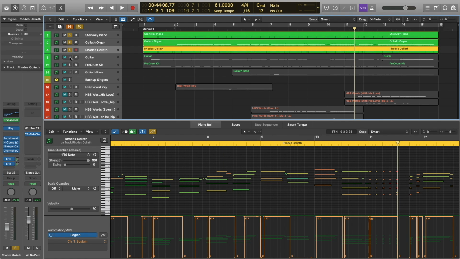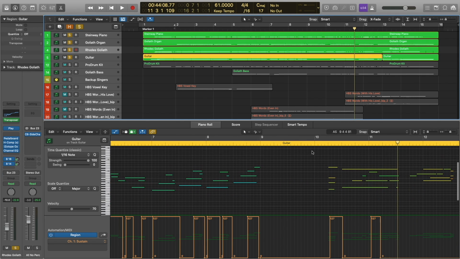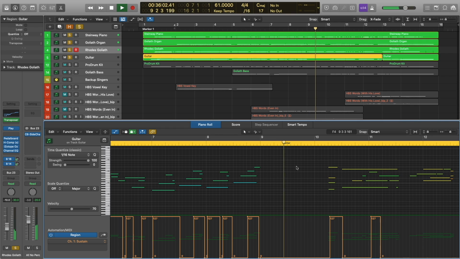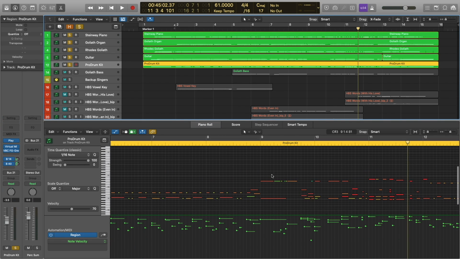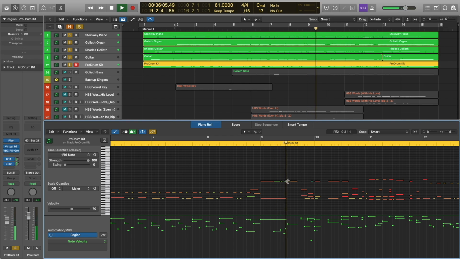Okay, let's add guitar. And guitar is actually out at measure 9, and it comes back in at measure 10. All right, and we're going to add our drums here. Just doing some light cymbal work.